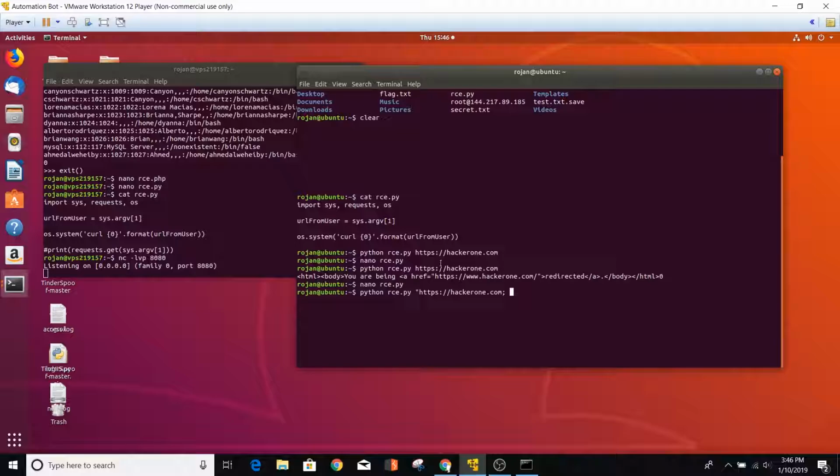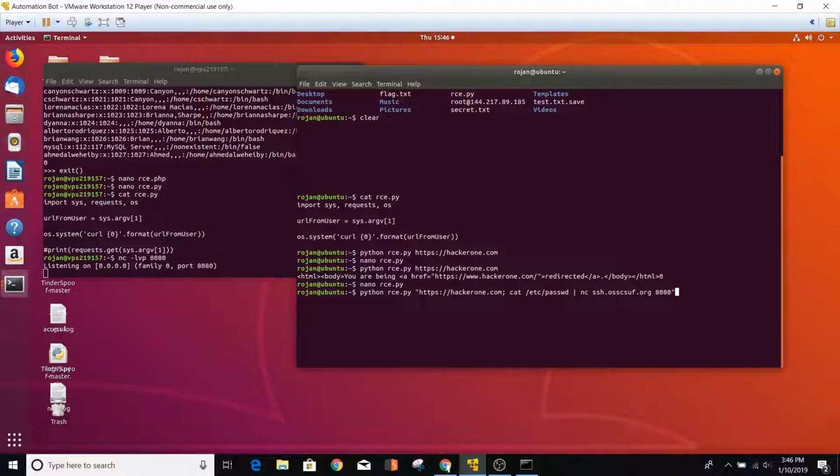Alright, so to send it, I'll do cat etc password. So I'm telling it to cat the file, meaning output the content, but then pipe that to netcat to sss.osscsuf.org port 8080 and a quotation mark. Now the quotation mark is not required when you're testing a website. The only reason I'm passing that in on this one is in the Python rce.py file. You know how we are doing